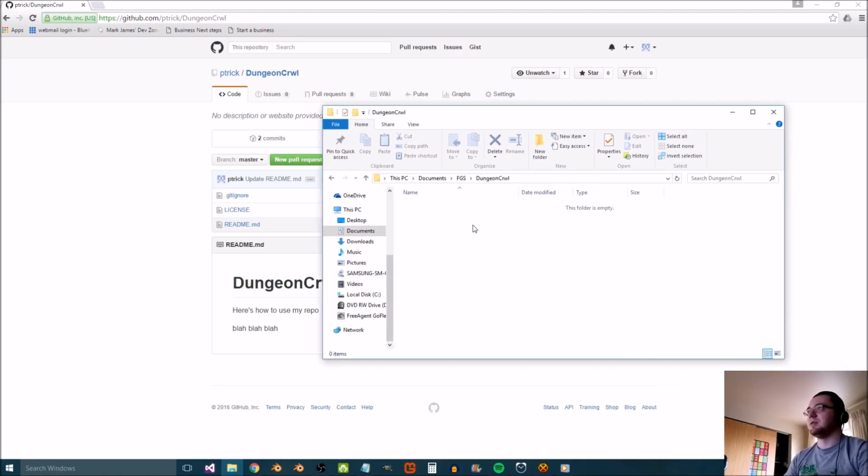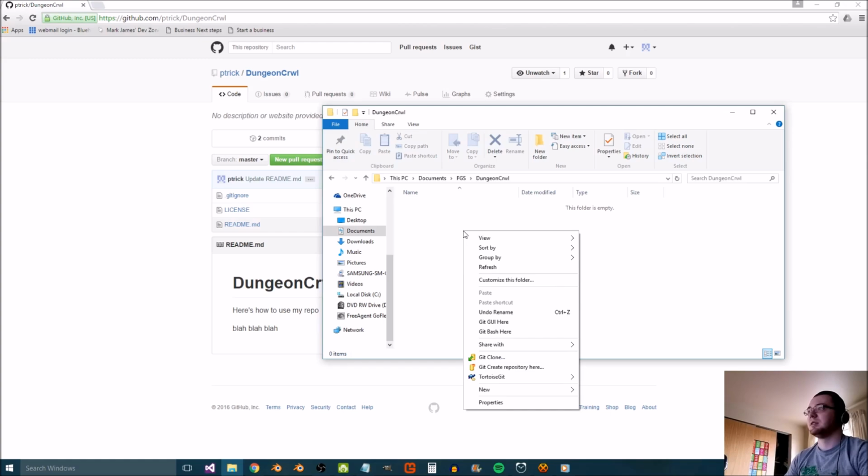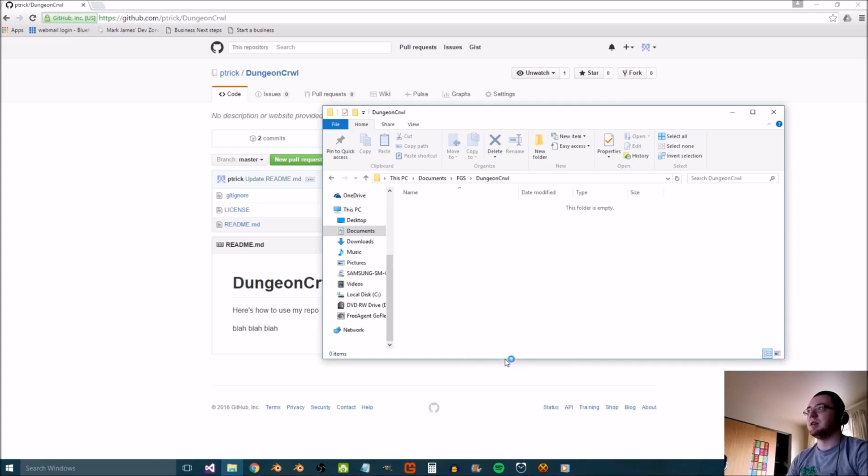So Tortoise Git allows you to just use the context menus in Windows Explorer. So if I just right click, hey look. Because we already created a repository on the GitHub server, what we want to do is clone it from the server. So if you say git clone,